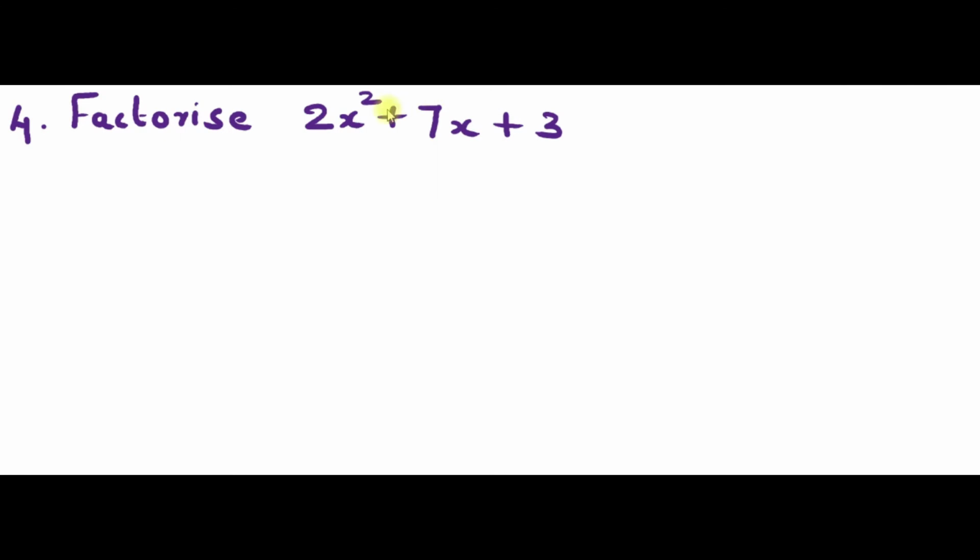Here, first you have to check whether the coefficient of x square is 1 or not. Here the coefficient of x square is not 1. So, you have to take this coefficient to the constant side. Here, x square coefficient is there, x coefficient is there and a constant term. So, before factorization, you have to consider two terms. First one p plus q and second one pq. p plus q will give you the coefficient of x term, that is 7.